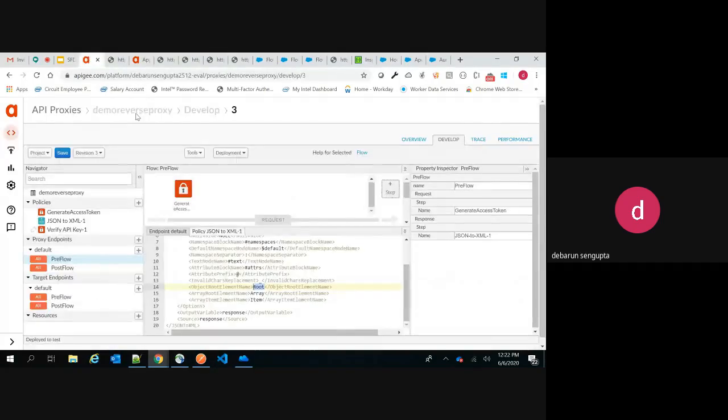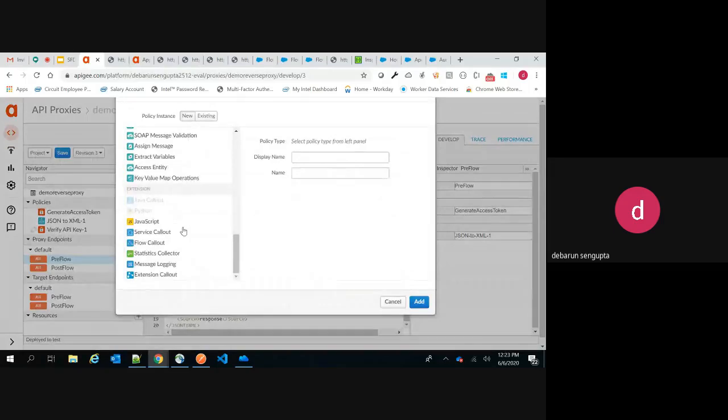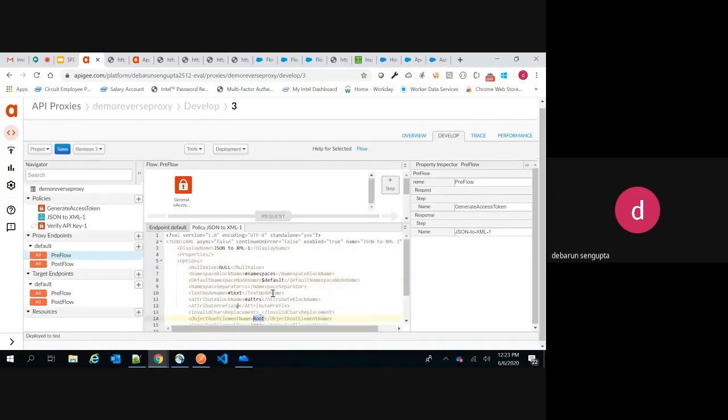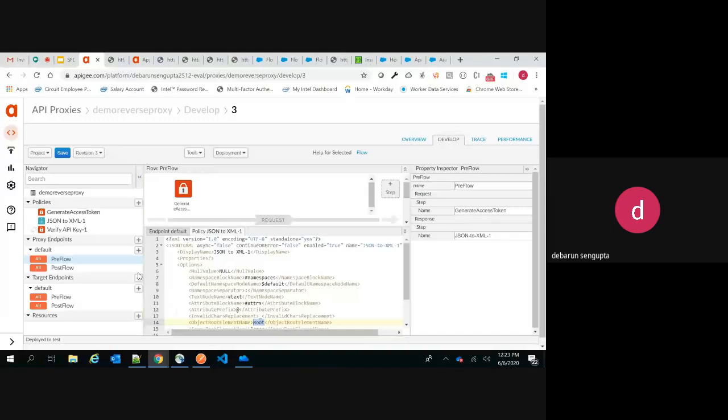But once you go to the policies, under this section there are a lot of other things, like other service callouts. So once the request comes, you can add this policy, and before calling your desired backend, if you want to call any intermediate backend, you can use this feature to call that first and then call your actual backend. You can even invoke your JavaScript code. In any of this pre-flow, you can add a JavaScript policy file, write your JavaScript code, and that custom JavaScript code will be executed.